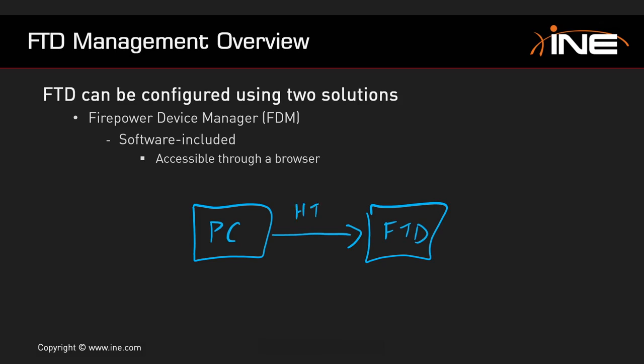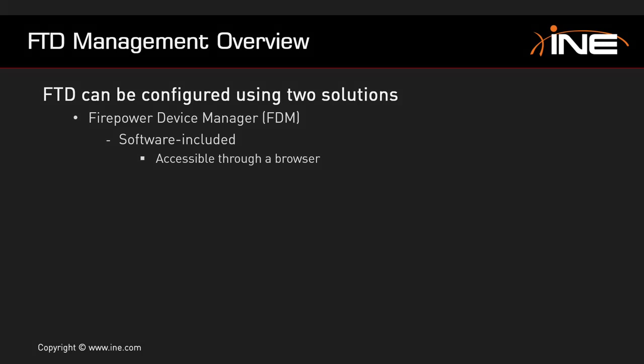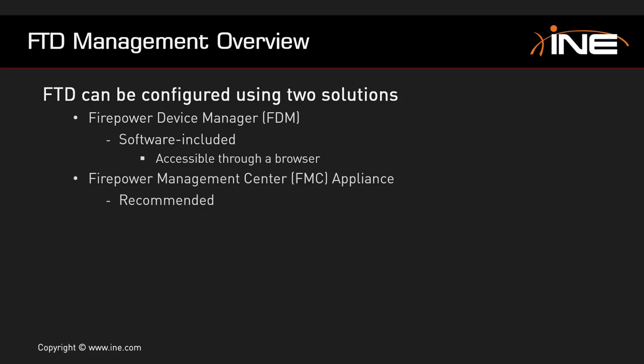And this is going to be a regular HTTPS connection, so you will use a browser, you will connect to FTD, and you will be able to manage it. So somewhat similar to ASDM, FDM is actually a successor of the old style ASA's ASDM. Okay, but this is not a recommended option for managing FTD, and I will tell you why in just a moment. First, let's take a look at a second option, a second solution as to how we can access FTD configuration,